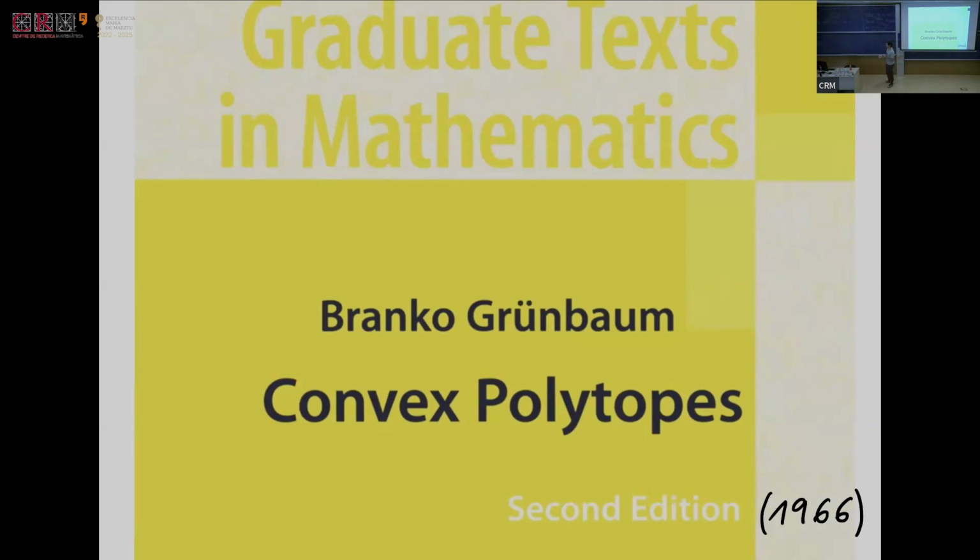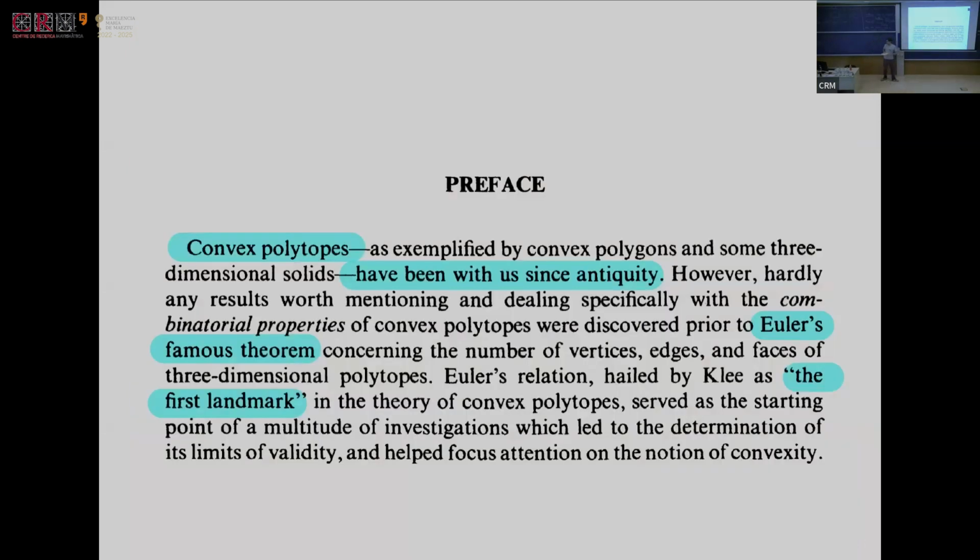If you go to the Google Ngram search and you look for convex polytope, you see that this started moving when this book was published. Okay, it's like the seminal book on combinatorial polytope theory. Now there are many more books on the topic, but this is really the first one for modern combinatorial polytope theory. And if you start at the preface, it starts telling you slightly the story of combinatorial polytope